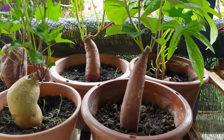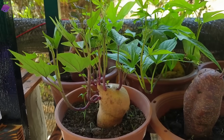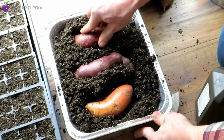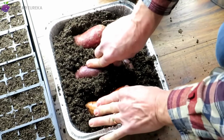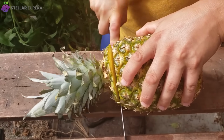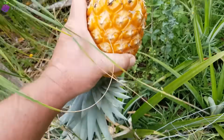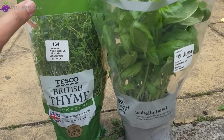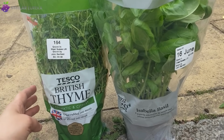Have you ever noticed a sweet potato sprouting purple shoots in your pantry and wondered, if I plant this, could I actually grow my own sweet potatoes? Or have you ever been cutting the top off a pineapple and thought, can I somehow turn this into an actual pineapple plant? What if I told you that your weekly grocery shopping is already stocking your garden for years